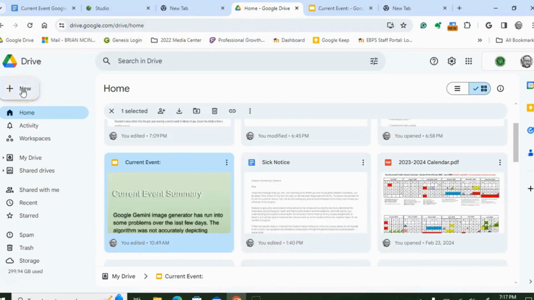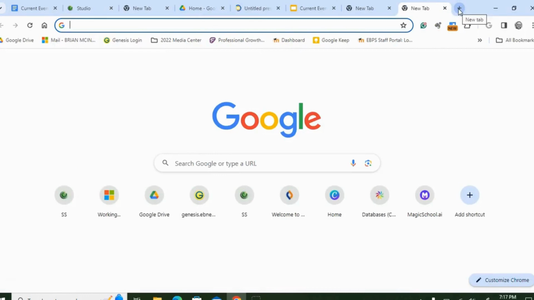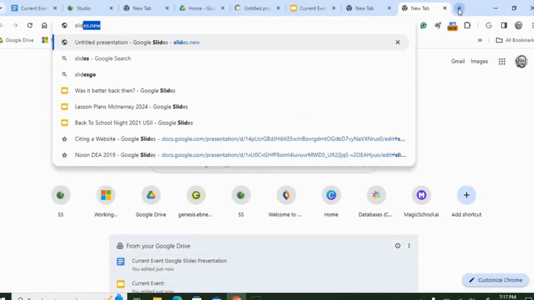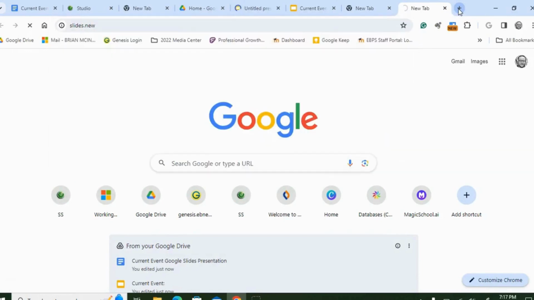You can just go simply to your Google Drive and go New, go to Slides. Okay, that's one way you can do it. Or another way you can do it is just type in the browser bar slides.new and it'll open up a